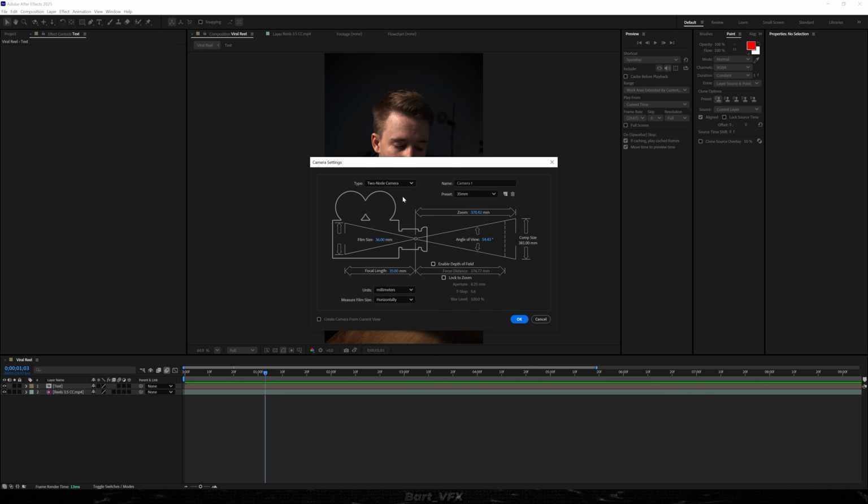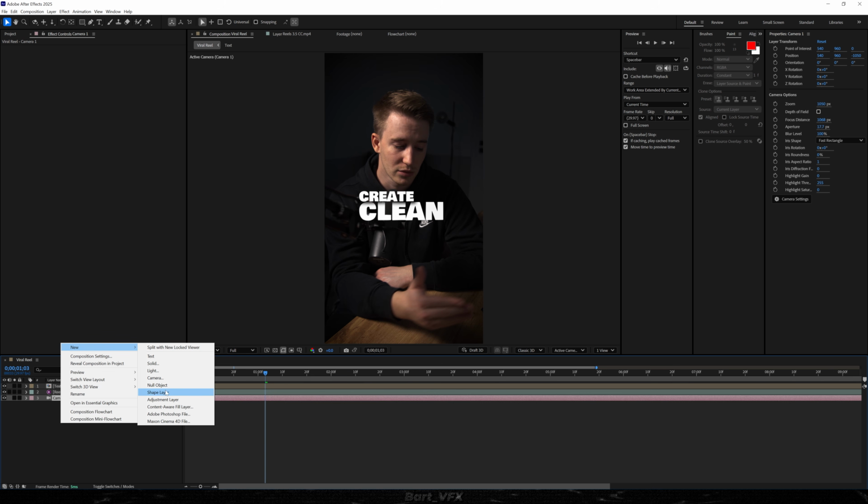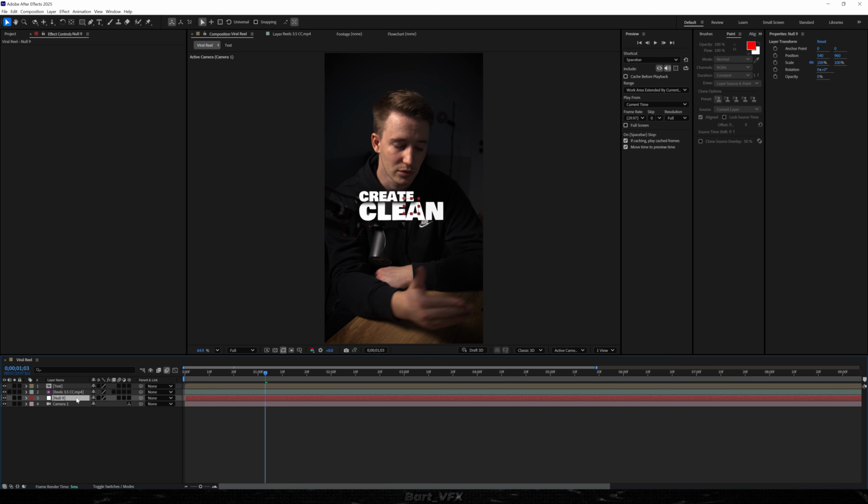Also, you can leave the node camera and hit OK. I'm gonna preferably drop it lower. And what you wanna do is create a new null object. So this time this is gonna be another controller, but this time it's gonna be the camera controller. Then I'm gonna select these two, and I'll just change the color for clarity, and let's parent the camera to cam control 1. Now make sure to turn on the 3D, and we need to create a separation between the text